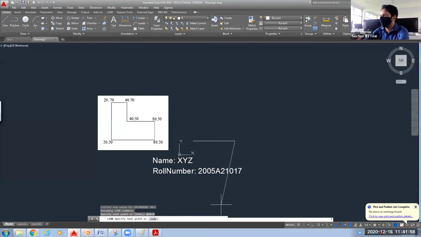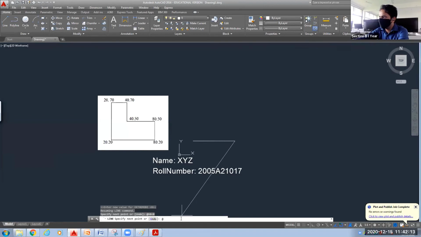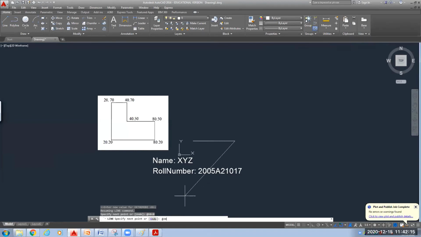So press enter. Now, at the rate, this second line I want to draw, this vertical. Okay, what is the length of this line? 30, and the angle is 90. So I have to give a length of 30 at an angle of 90 degrees.